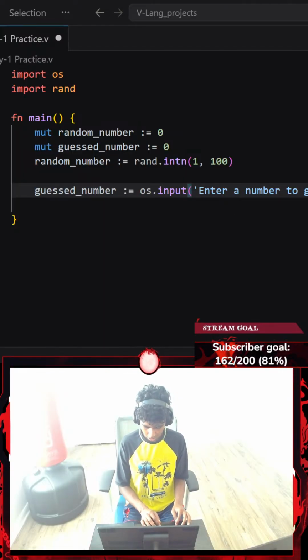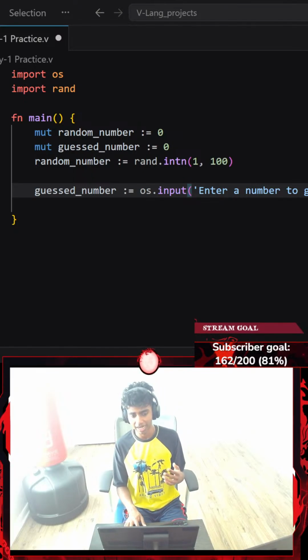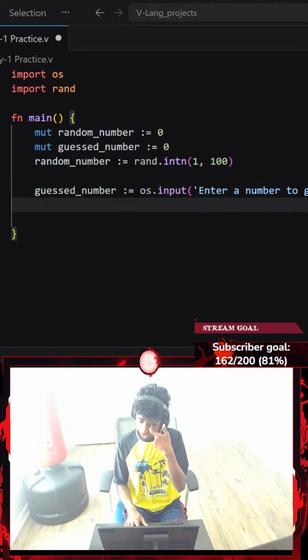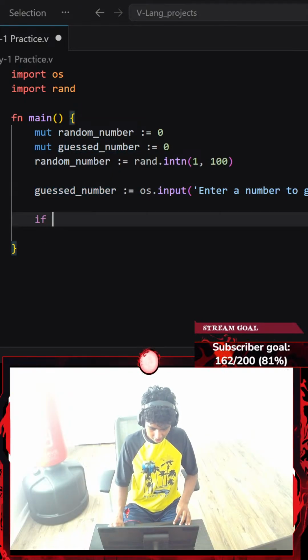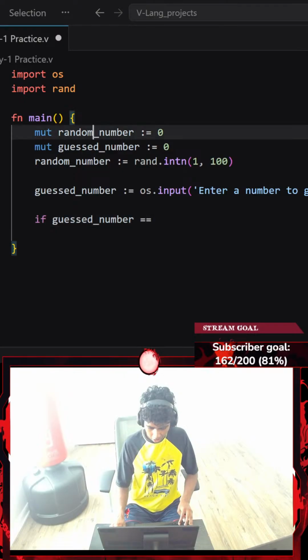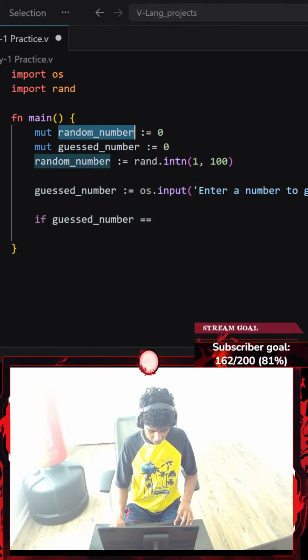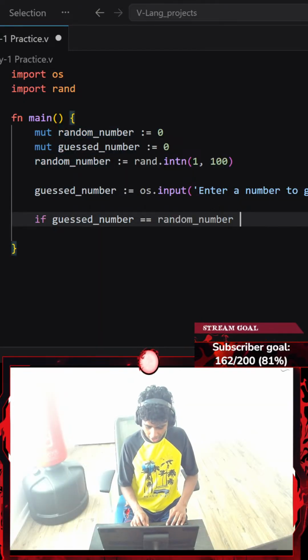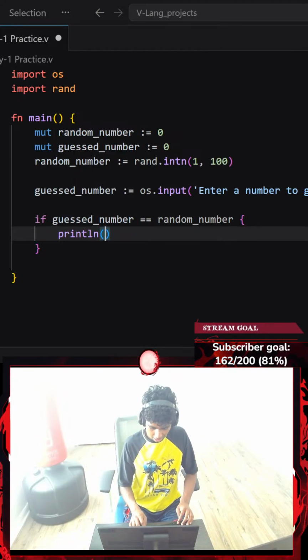Okay, between, it could be like a million for all I care, or let's say between 100. And I'm gonna make this a bit more interactive with the player. Okay, and then I'm gonna go with something like, if my guess number is equal to my random number, then I want to go ahead and do something. I want to print a line that says something like